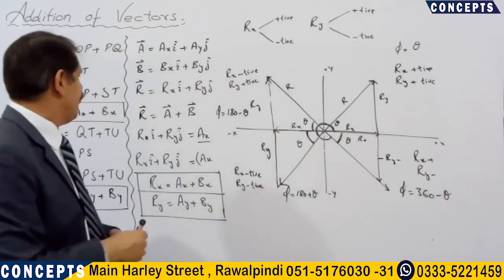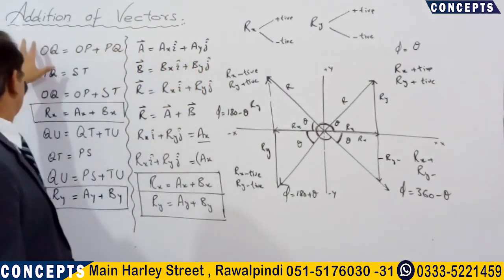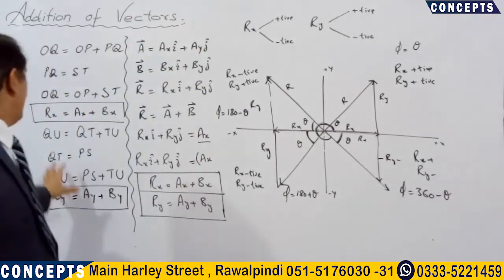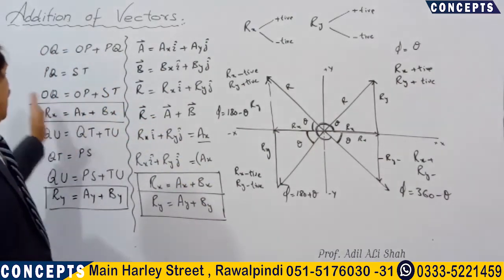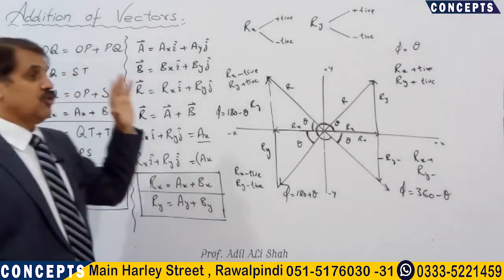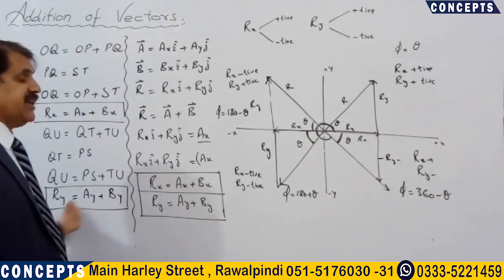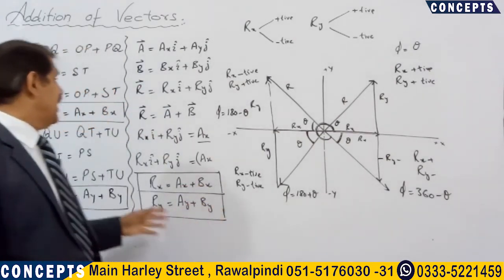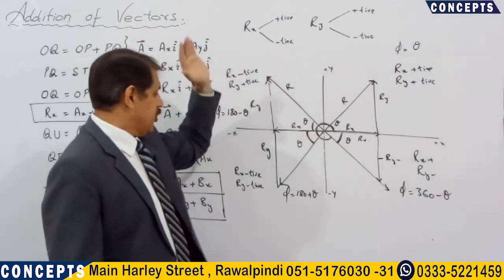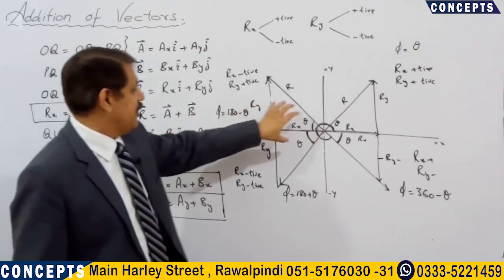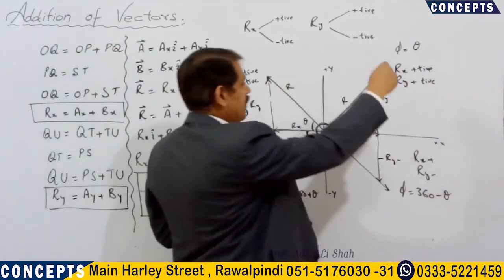So we can sum up that if we calculate the resultant vector with the help of the analytical method, first of all we will calculate its x and y components. Then we will add all x components to obtain the x component of the resultant vector. Similarly, the sum of all y components will give us the y component, and by applying the Pythagoras theorem, Rx square plus Ry square gives the magnitude, and the angle would be obtained with the help of this diagram. And that would be a quick review.